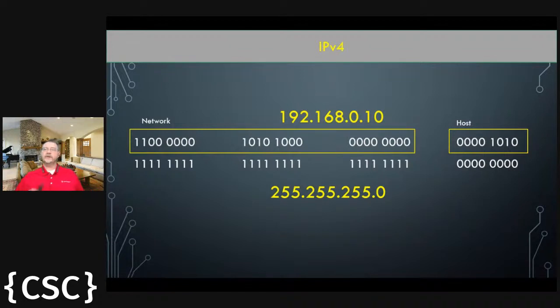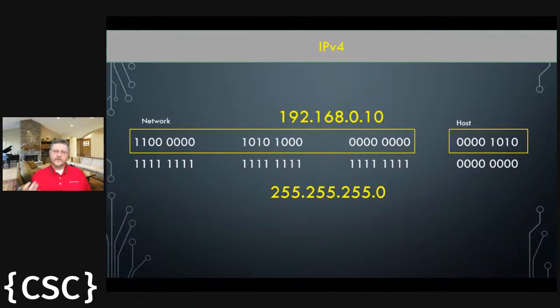And what I'm also saying here is that, remember the numbers go from 0 to 255, I can have 256 hosts for each of the networks. It's not truly the case, but I'll explain why in just a moment. So what this is also saying is that 192.168.0 is the network, where 10 is a host number.